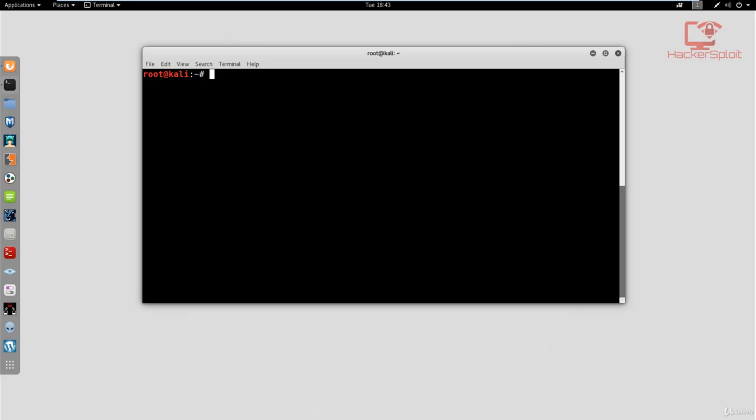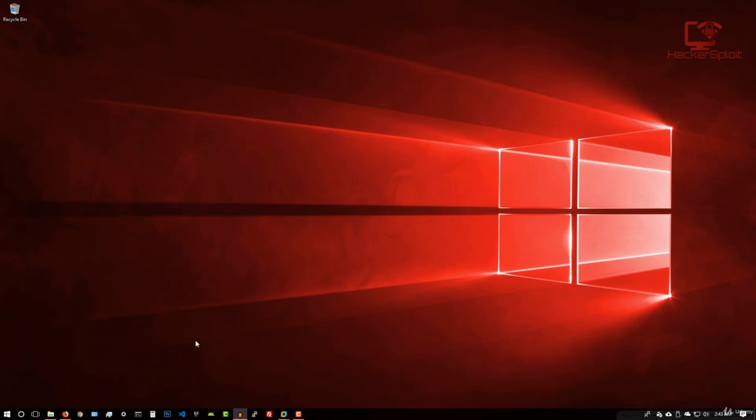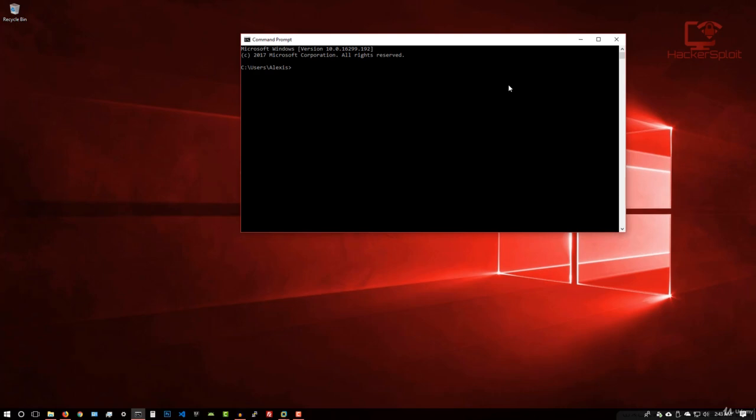Please note that we're not using any commands right now. I'm just showing you how one would go about scanning two targets, or multiple targets, at the same time. Let's get started. As I said, I already have my Metasploitable 2 virtual machine running. I'm running Windows as my host operating system, so I'm going to find out the IP address and scan my Windows machine, and I'm also going to perform a scan on my Metasploitable machine, because I want to tie together two IP addresses or two hosts. I'm going to check ipconfig in my command line for Windows,